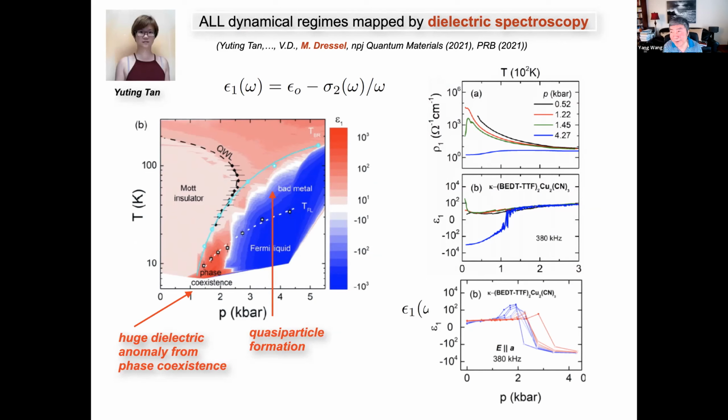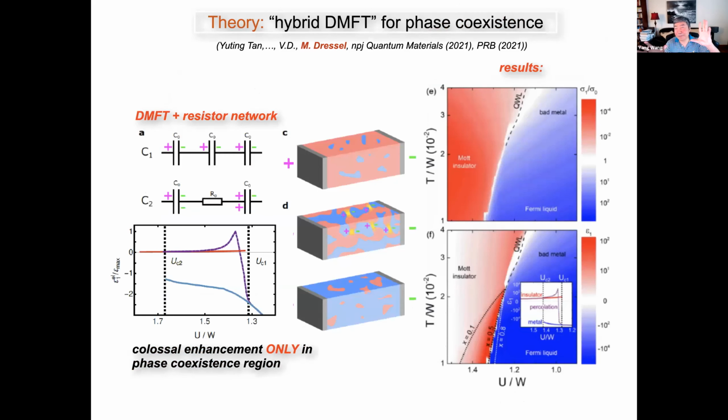Yes, I have a question. In some of your plots, the x-axis is W, like disorder, and the other is with pressure. So how are they related, disorder and the pressure?